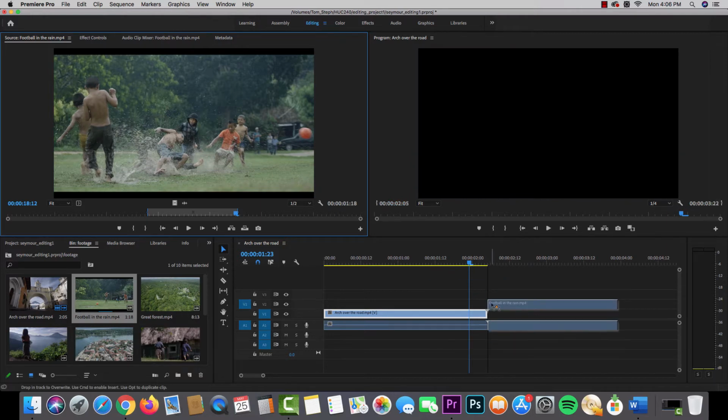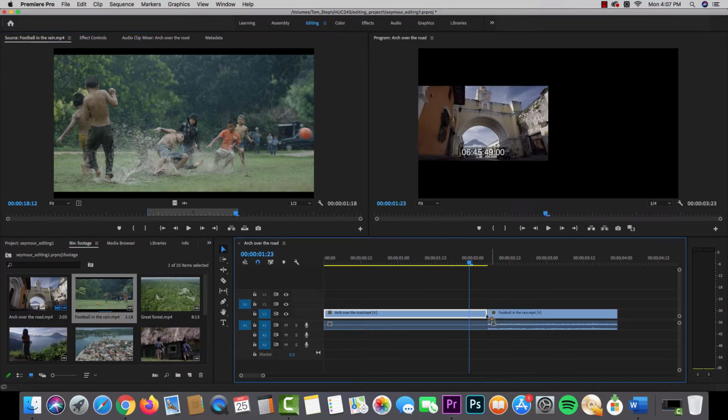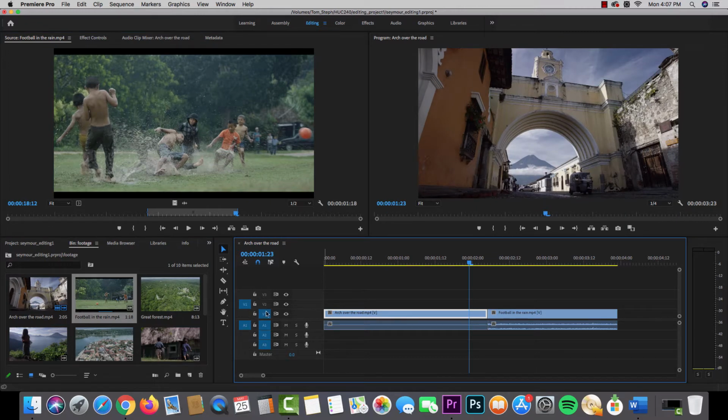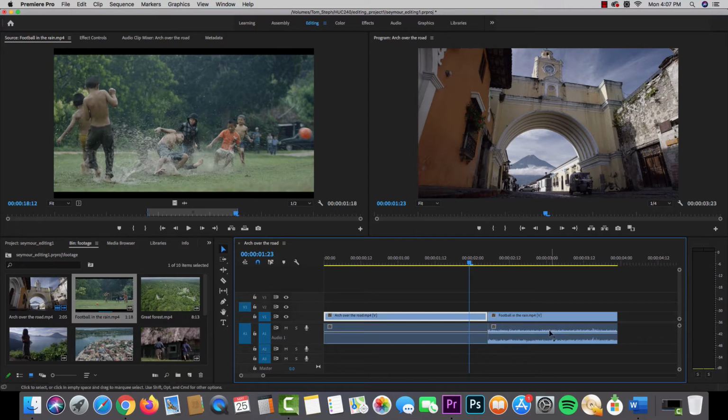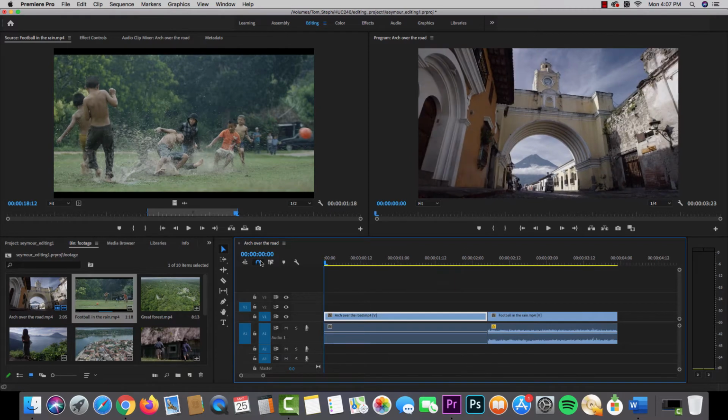What can I do? I can drag this into the timeline. See, if you look on the left, you see the video timeline here. Below it is the audio. And you can actually, if you want to see that zoomed in, you could pull down these tabs a bit. If you pull down the audio a lot, you'll start to see the waveform here, right? And you can actually raise and lower the volume using the line and just pulling and pushing that up and down. So now if we rewind back,